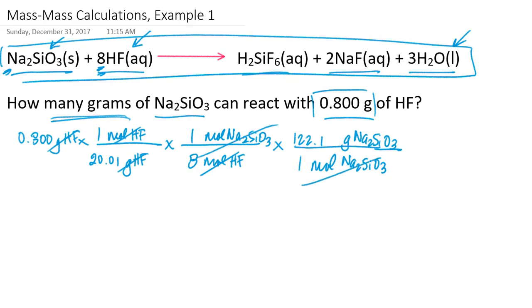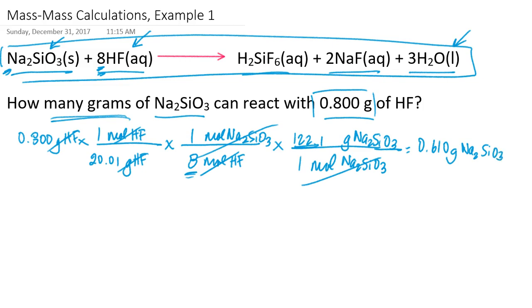So basically what the setup is telling me to do is to take 0.8 grams, divide by 20.01 grams, divide by 8 moles of the hydrofluoric acid, and multiply that answer by 122.1. And if I do that math, I get 0.610 grams